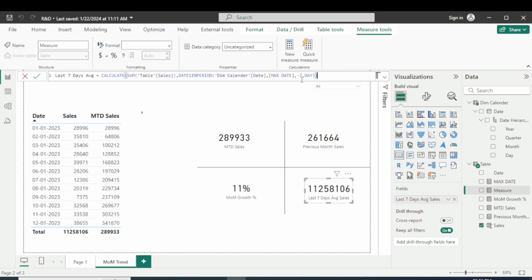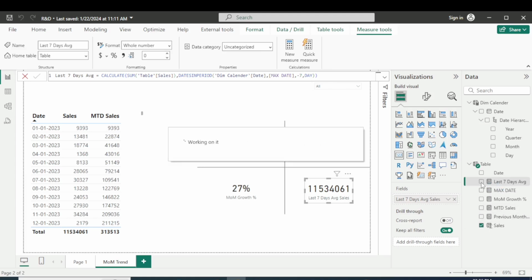Okay, so you can see max date. This is today's date. This means 14th of July minus 7 from 14th of July. I have passed the argument here. Correct. Okay, so let me remove this and put this actual measure,